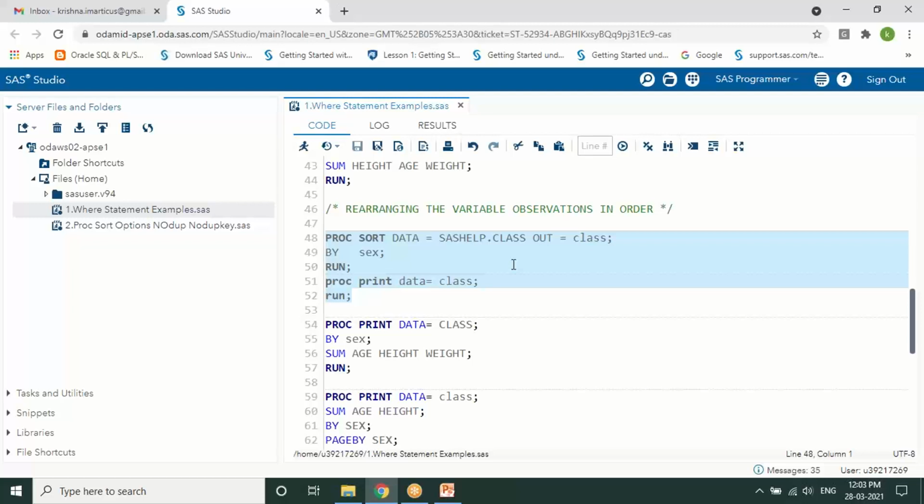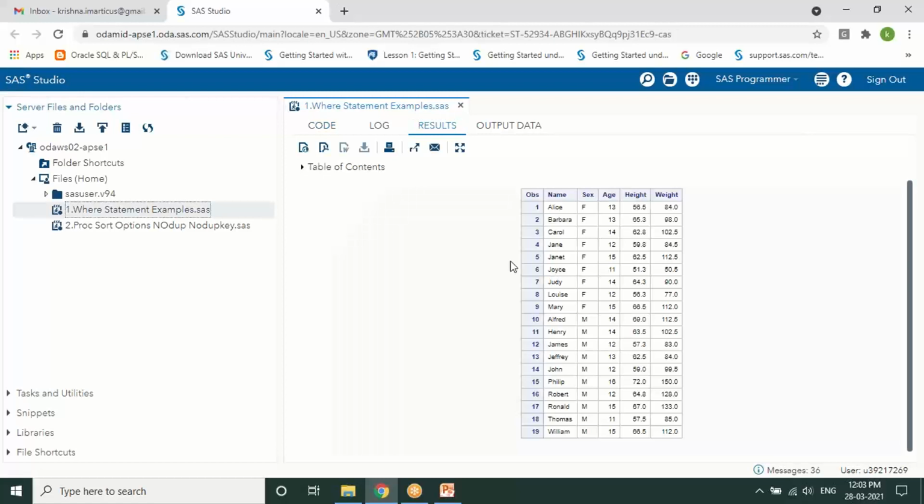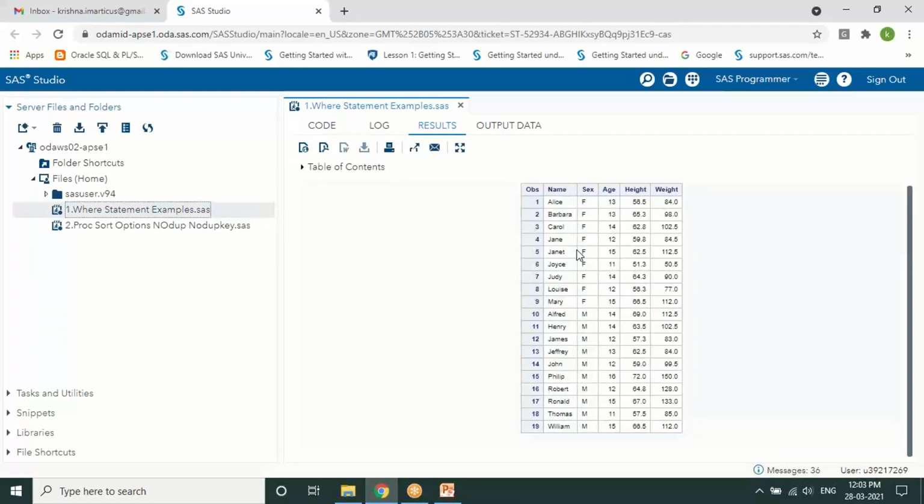Here we have a sort. So I'm writing a procedure called proc sort, data equals to data set and out equals to. If I do not want to make any changes to the existing data set, I can create one more data set called out. Out indicates a new data set to be created without disturbing the other. The by statement is mandatory because you need to specify the variable on which you want to perform this. So I'm using a by statement and print it. While printing, you'll get all the sorted order of the variables that you specified.